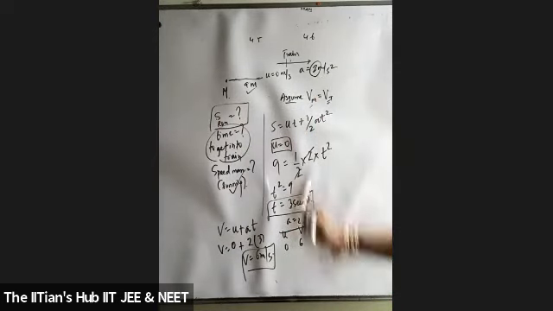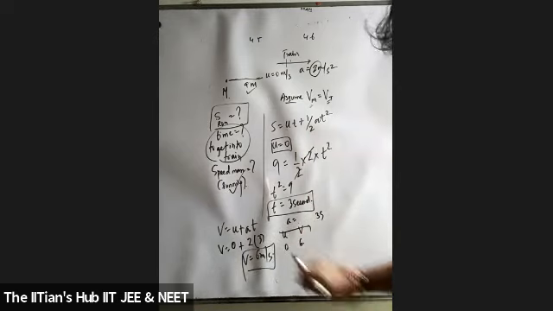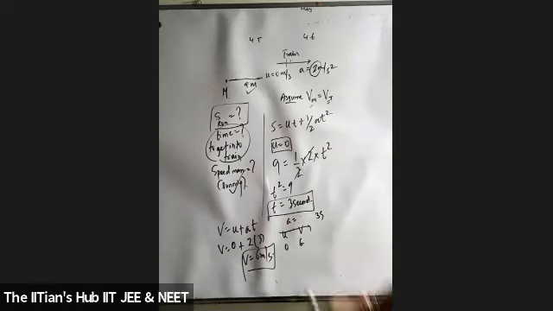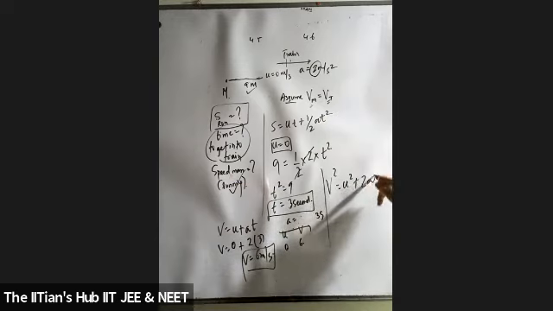Is that clear? Can I take acceleration as 2 meters per second square for the second one? In this case, this will be 2 meters per second square. Now if I want to get the distance, can I get it simply using which formula? V square is equal to U square plus 2AS. Is this clear to all of you students?